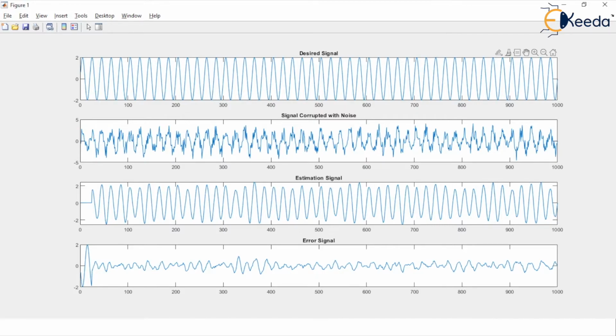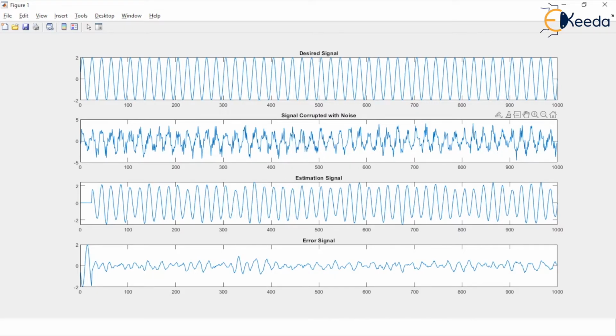For the desired signal, on the horizontal axis we start at 0 with intervals like 100, 200, 300, 400, 500, 600, 700, 800, 900 and at last 1000. These are the markings of the time axis on the horizontal, and in the vertical we have the amplitude levels ranging between -2 and +2. A periodic desired signal, generated with the help of a trigonometric function, and next to that in the second row you see a display of the signal corrupted with noise.